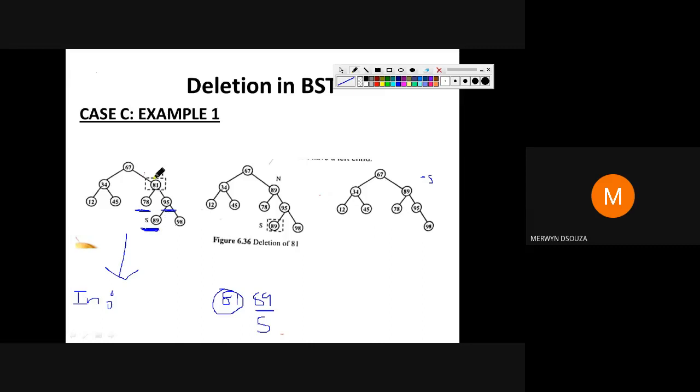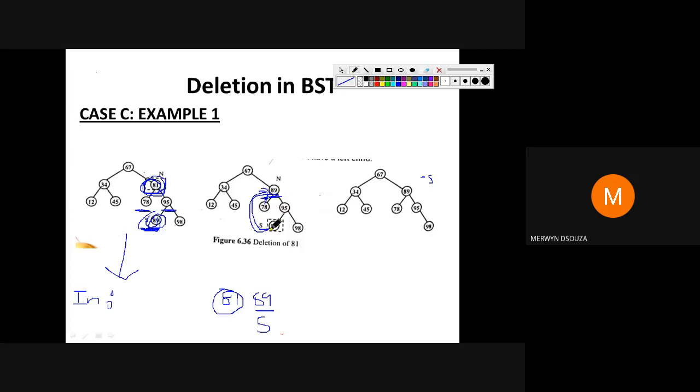Then what you do is copy this value 89 in the place of 81. So like this, I copy this value here. 81 I want to delete. So I copy the value of the successor in the place of the value that I want to delete. So I copy it here. Okay. Rest of the tree does not change.